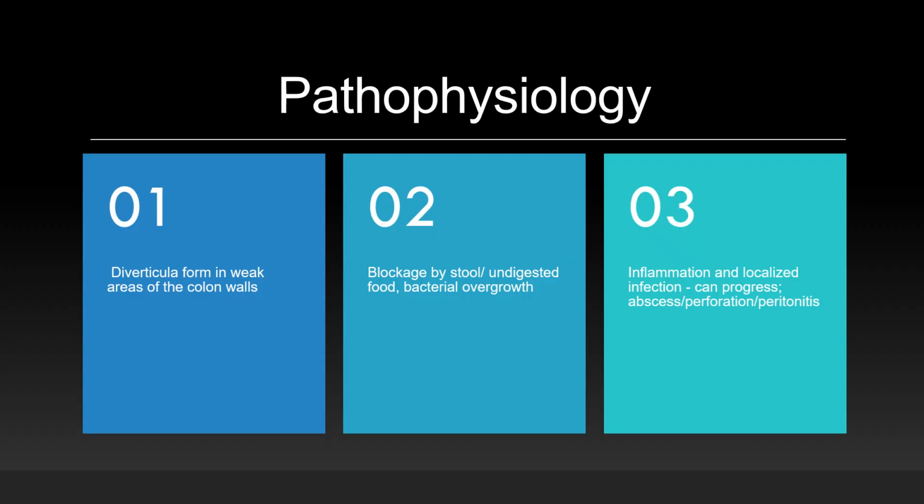The pathophysiology. Diverticulitis begins when diverticula, which are the small pouches that form in weak areas of the colon wall, become obstructed. This blockage, often caused by stool or undigested food, allows the bacteria to multiply within the pouch, leading to inflammation and infection. The resulting inflammatory response can cause pain, swelling, and systemic symptoms like fever. If untreated, diverticulitis can progress into perforation or even peritonitis, leading to sepsis and multiple organ failure, which can be